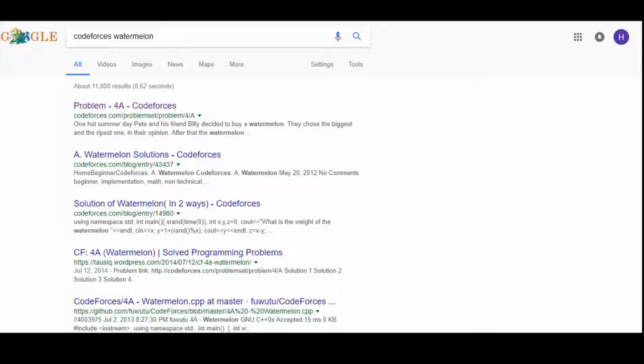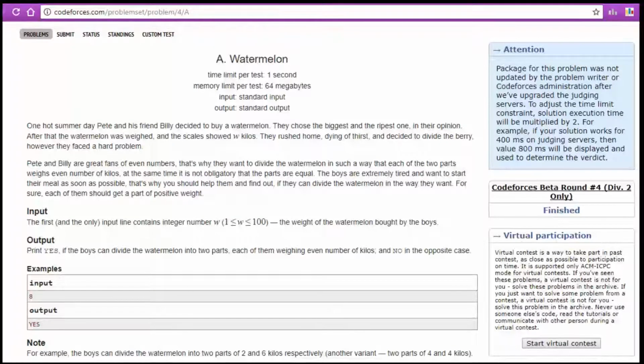Yeah, so, after you made your accounts you should Google Codeforces Watermelon. I highly recommend you to solve this problem as your first one. I recommend you guys to pause this video again and read the question 2 to 3 times and try to solve it on your own before you move on with this video. Now, I will solve this problem and give you guys a walk through my thinking process while explaining you the